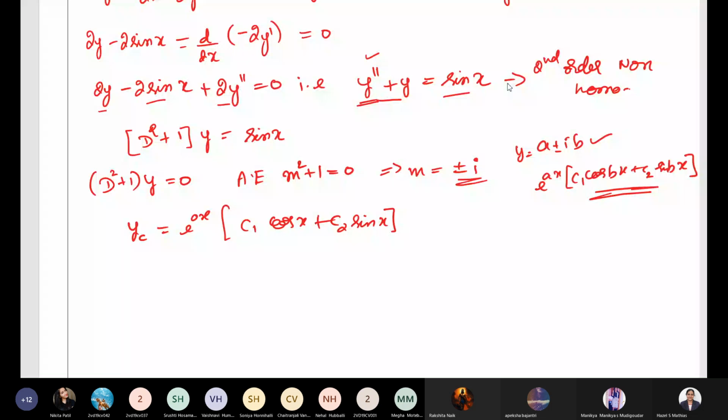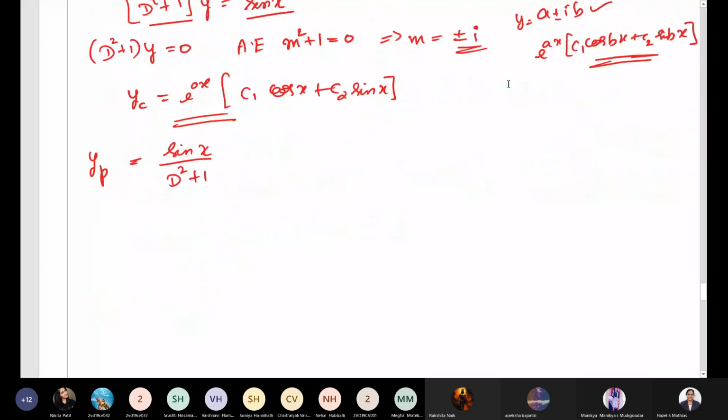What is the particular integral yp equal to? It is the term on the right hand side, that is sin x divided by d square plus 1. First we learned what to do if you have e power ax by f of d. Now we have sin ax or cos ax by d square plus 1. In that case, what did we have to do? We had to replace d square by